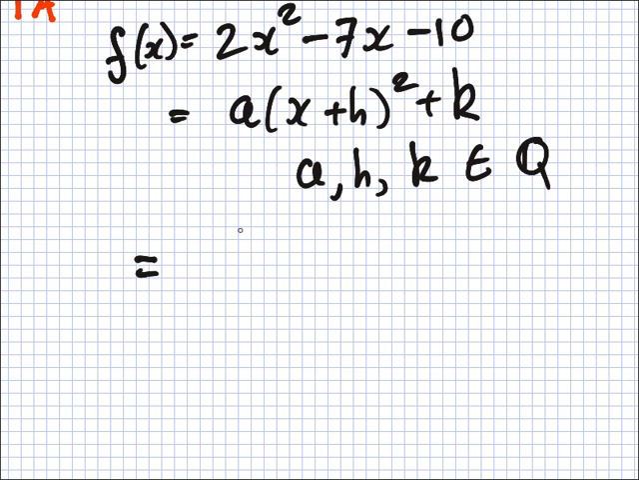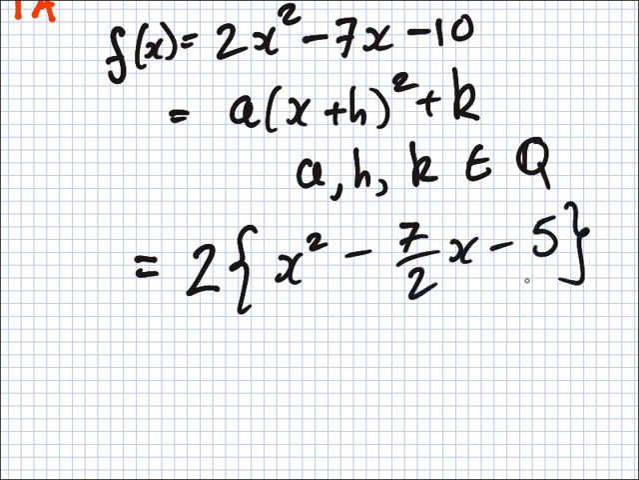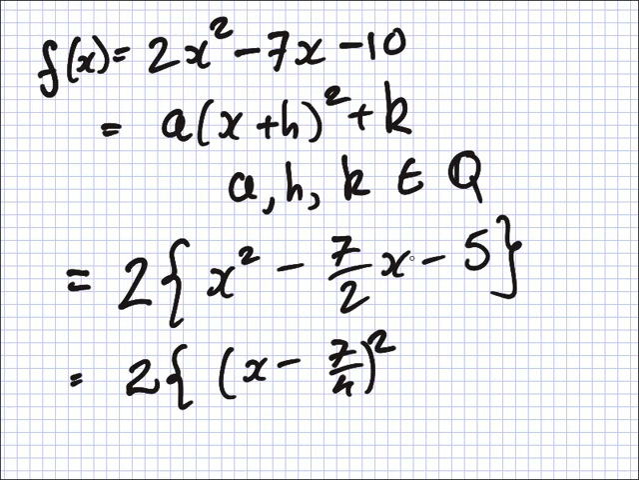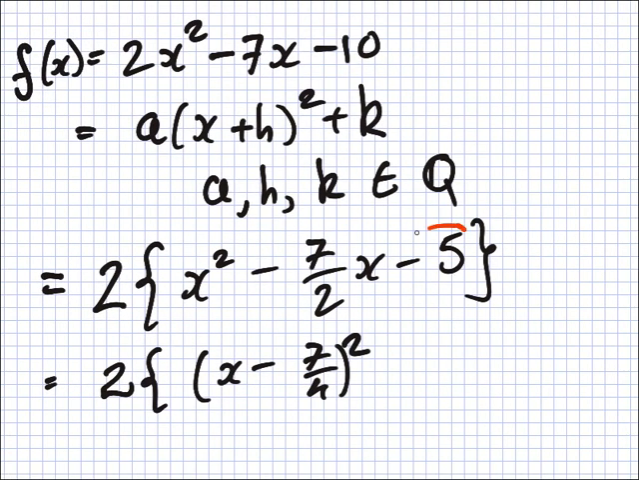Let's have a look. So first we'll take 2 out. So that gives us 2(x² - 7/2 x - 5). Okie dokie? Yep. And then what we'll do is we'll complete the square inside. So that is (x - 7/4)². And now the number at the back, remember, I'll write it on the side here. It's this number minus the square of this number. So you'll have to do minus 5 minus